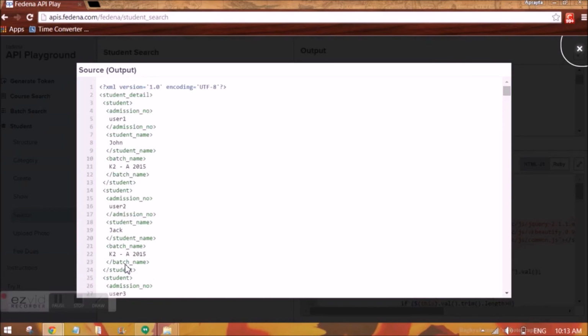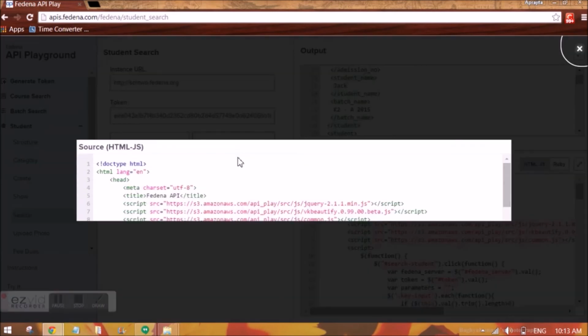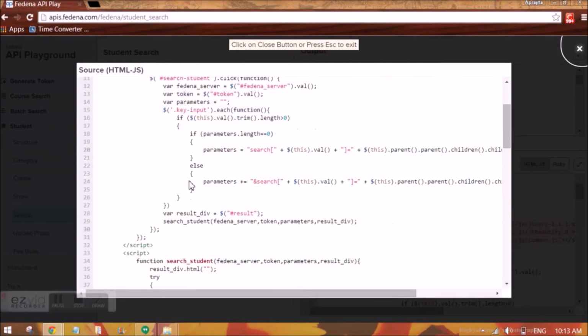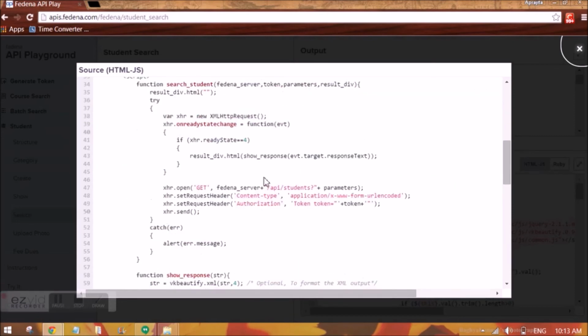So this is the XML which will give you that full data. You can also search for a particular student by giving a parameter and the value here. And also the source code is available, which you can see here. The parameters are search, which is the keyword, followed by the value of the parameter, and the search value which is given here.